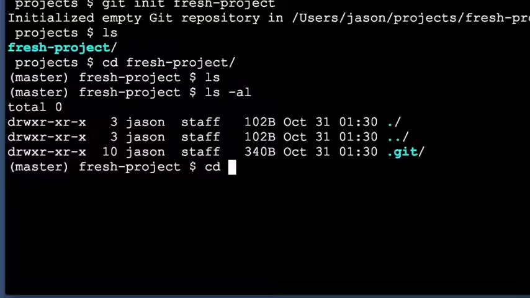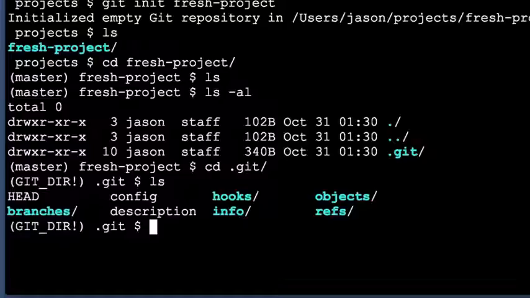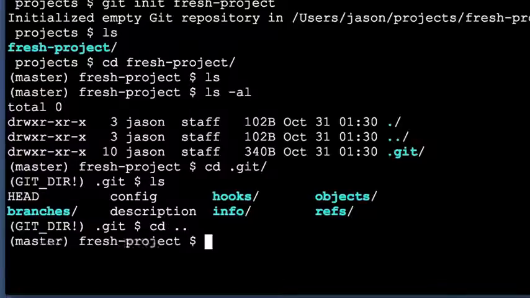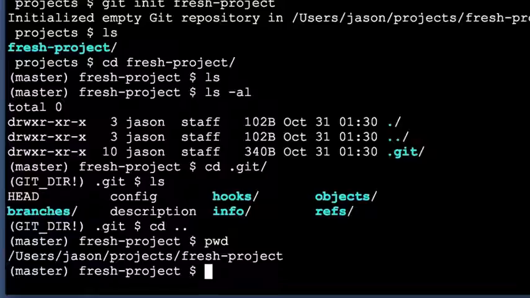So if I go into the .git folder, you can do an ls. You can see all the various folders and files that make up the Git repository internally. So if I go back, now I'm back in the working directory, and I'm going to do one more thing. I'm going to use git status command, which will let me know the status of the Git repository. So type git space status,